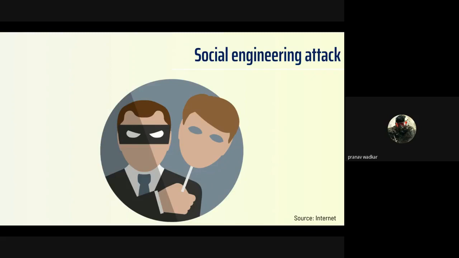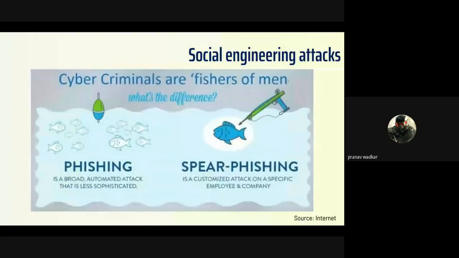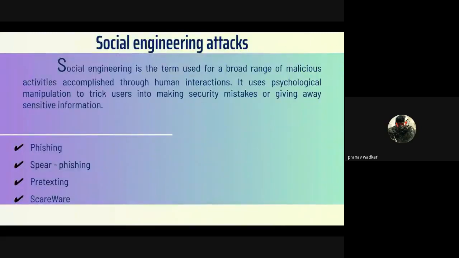He could tell us, I am from your ISP provider, and I want this type of information, and he'll extract the information and make us believe that he is the right person, right? So that's the pretexting attack, in which he pretends to be another person, but he is a malicious person. So yeah, these are the types of social engineering attacks I have told you about.